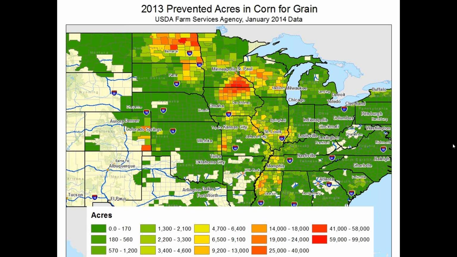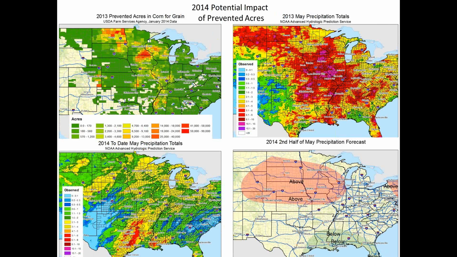But Stephen, if you want to go to the next slide, and I can't take complete credit for this slide because I got it off an idea I saw someone else post, the idea is where did the prevented planting acres come from, and the heavy rains that occurred last year during May, and how that delayed planting. There were also some delays in June, but because we don't have 2014 June precipitation yet, I didn't put that on the slide. But if we go down to that image in the lower left,